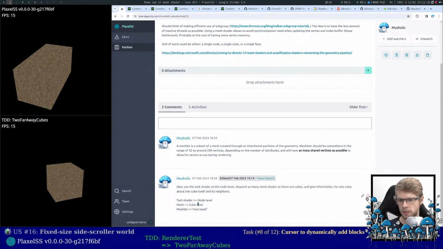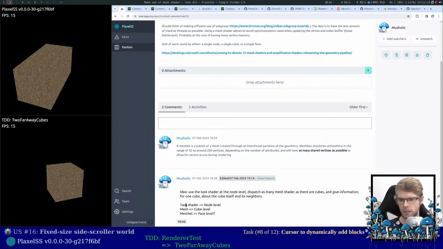And that's my idea. I want to have the task shader. The task shader will split the work at the node level. The mesh shader will split the work at the cube level, and the meshlet,